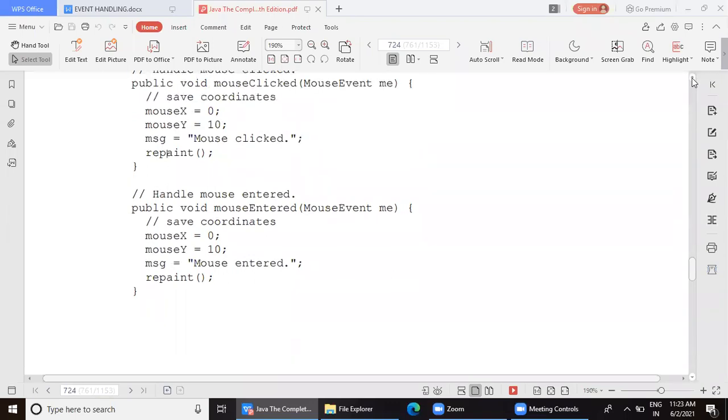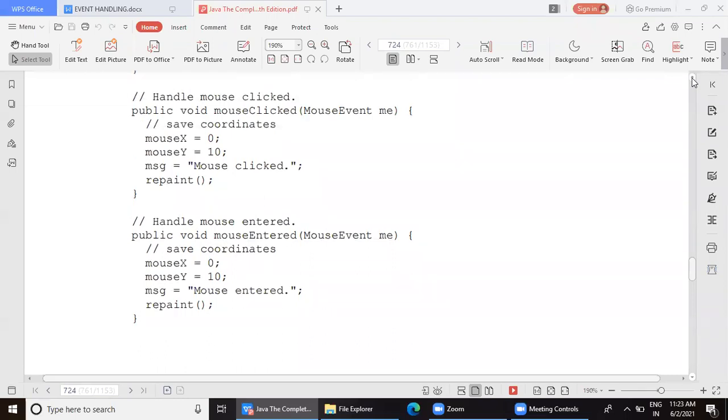So at the time of execution, when I do any action to the screen, normally the paint method cannot respond to the dynamic movements of the user. That means once the applet body is loaded, paint's work is finished. Paint is called only once when the applet body is loaded. It is something like when the teacher enters the class, only once. Throughout the class, there will be no other movement. So that is called the paint method.